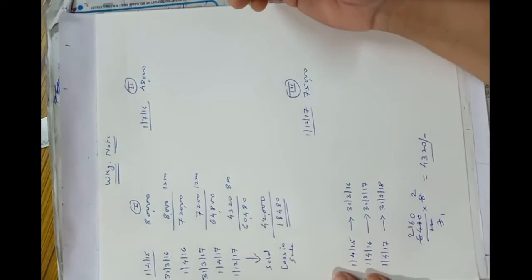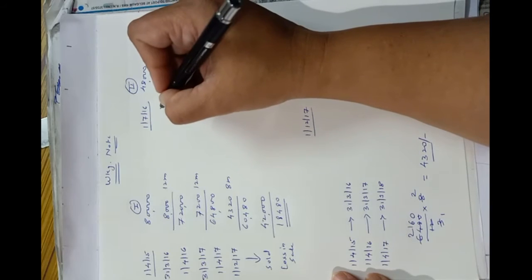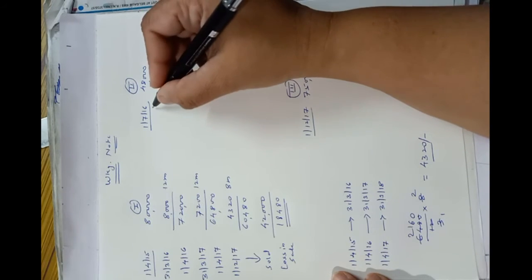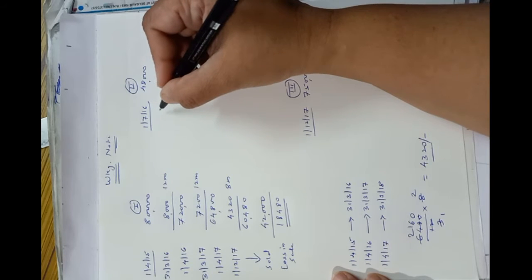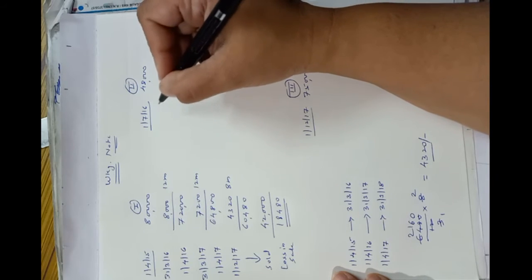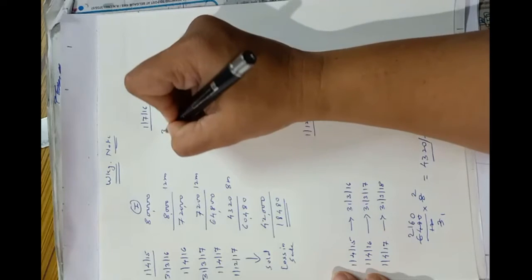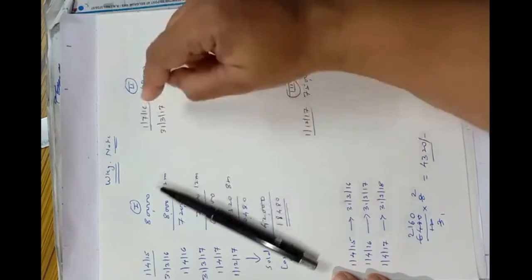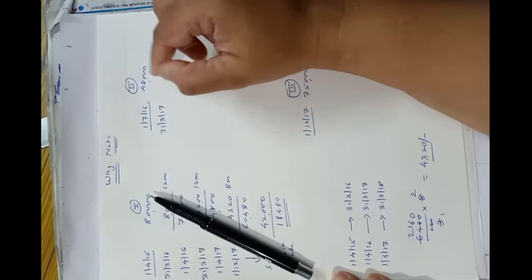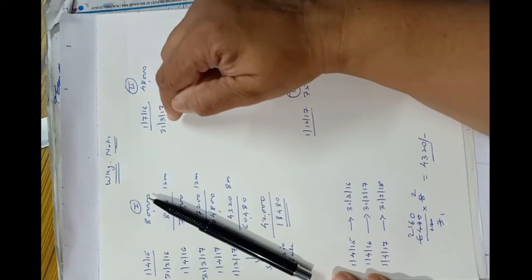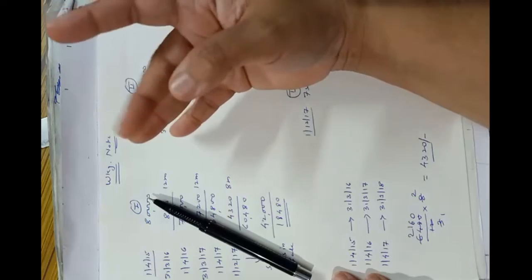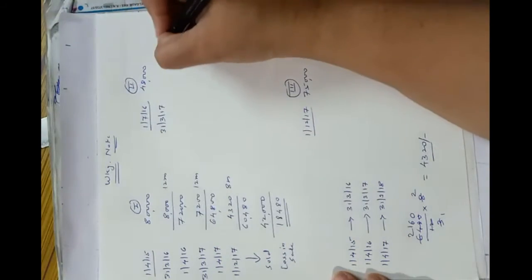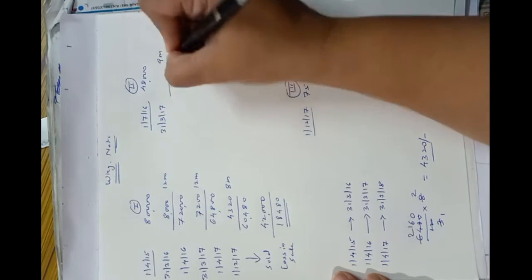Okay, now second machinery. It was purchased on 1st July 2016 for rupees 48,000. After July 16, July, August, September, October, November, December 16, January, February, March 17. The year end will be 31st March 17, and the use of the plant will be from July to March. July, August, September, October, November, December, January, February, March. That is for 9 months. So we have to deduct the depreciation for 9 months.